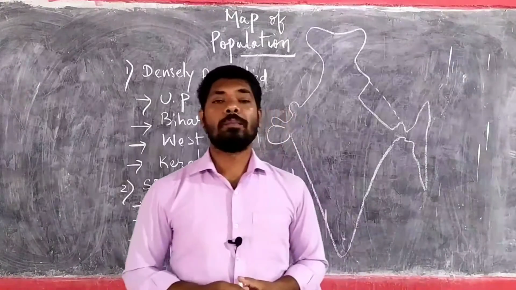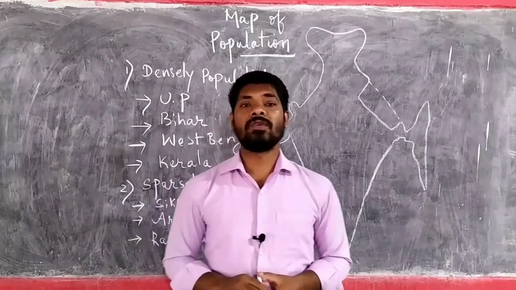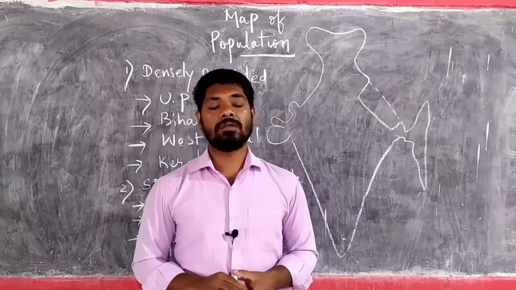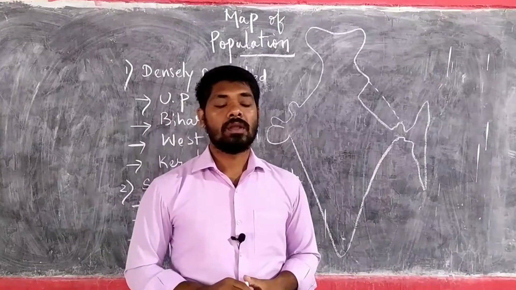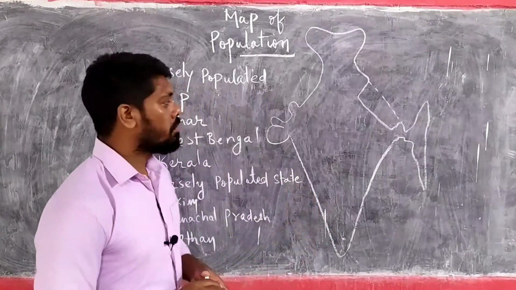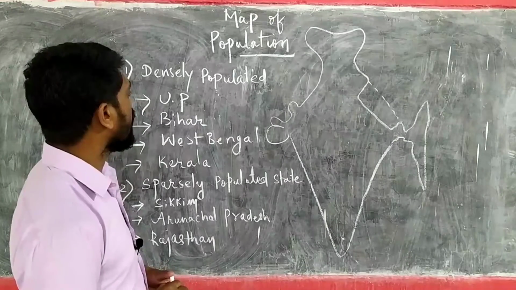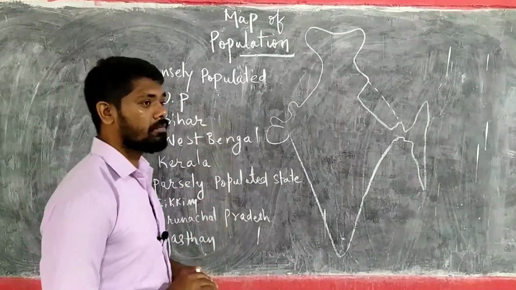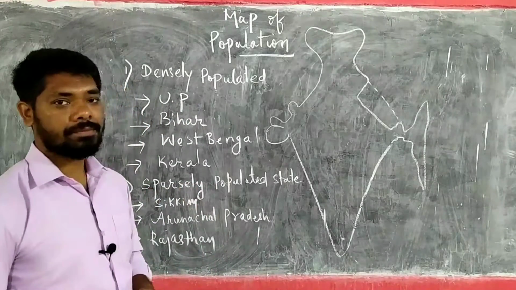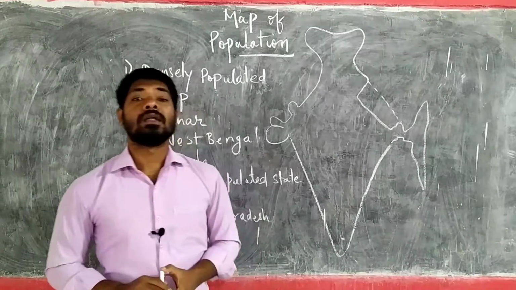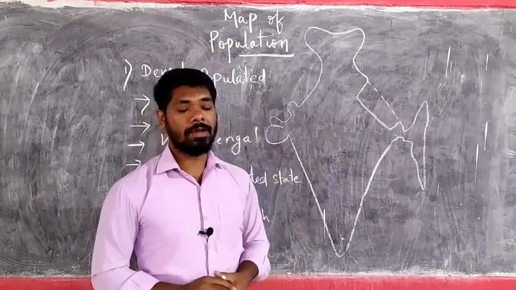And what are the maps that we have discussed, you are practicing? And today in this video we are going to discuss the last map, that is population distribution. Population distribution is basically asked in two ways, that is the areas which are densely populated and the areas which are sparsely populated. Is it clear? And the direction of North India and South India.